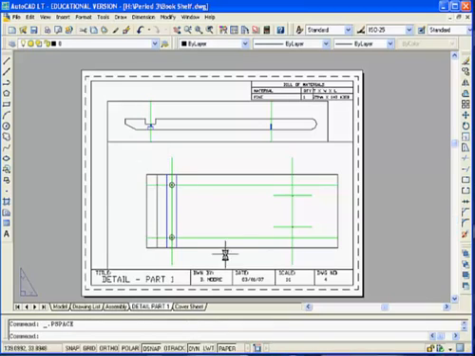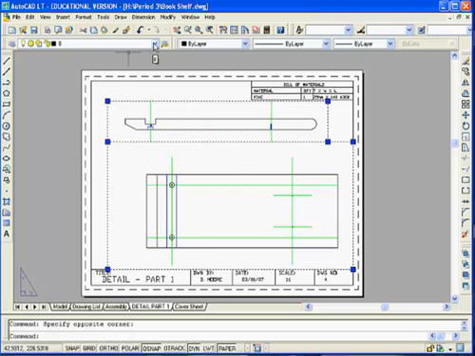Okay. And so normally we would align the views. So, next thing I want to do is take those two views, I'm going to highlight them, and I'm going to put them